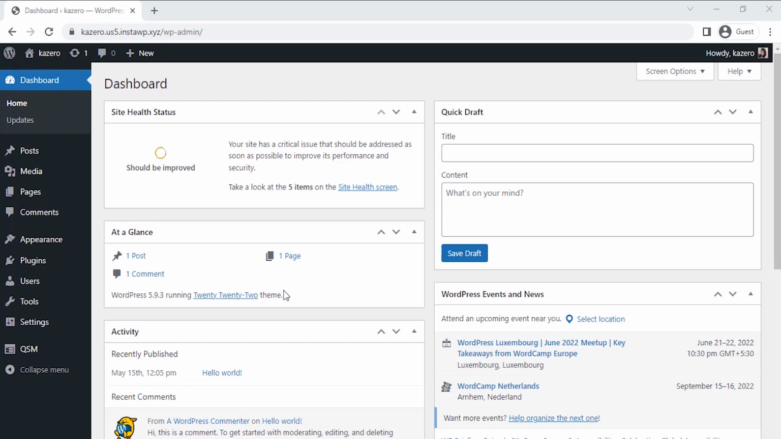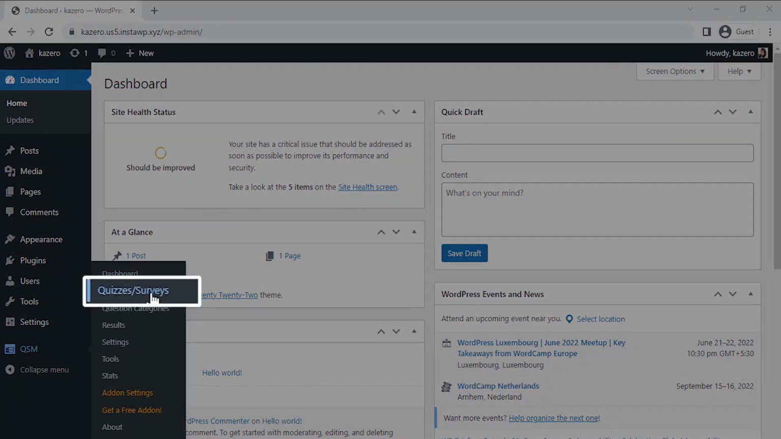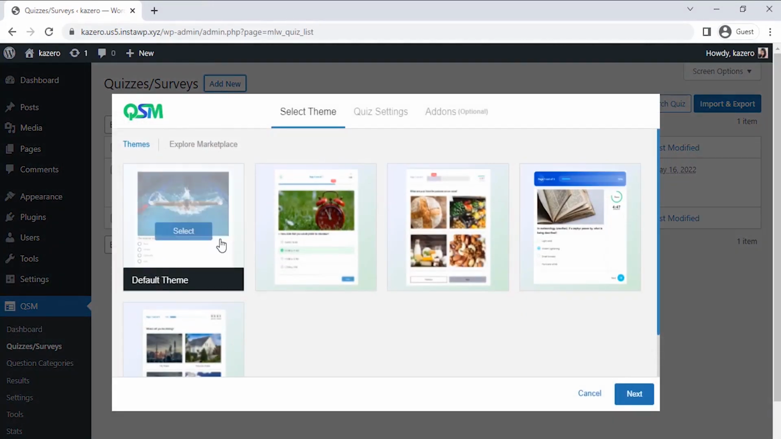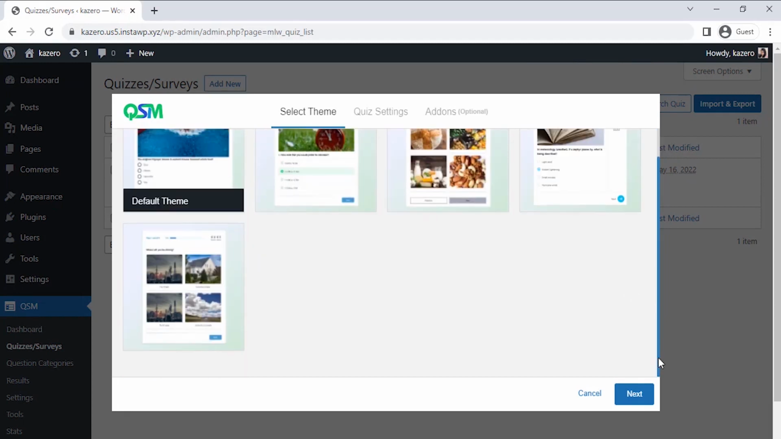Let's start by creating the survey form. Number 1 is to hover over QSM, then click on Quizzes or Surveys. Now, click on Add New, and you could see a pop-up with a wide variety of themes for the survey. Currently, I don't want any theme for my survey, so let's go with the default theme and then click on